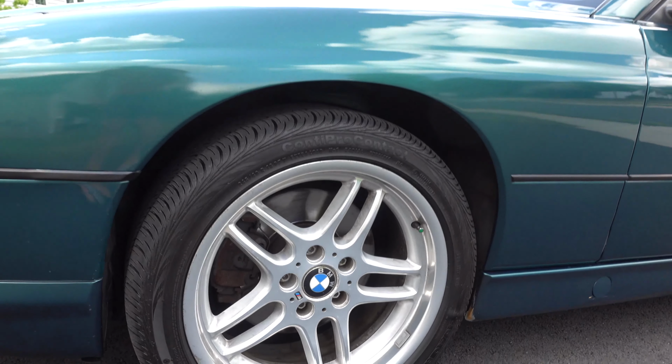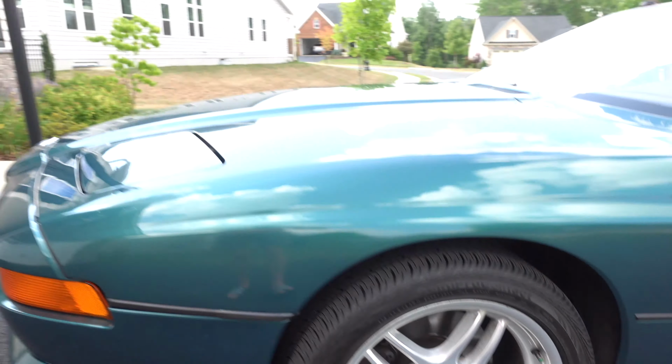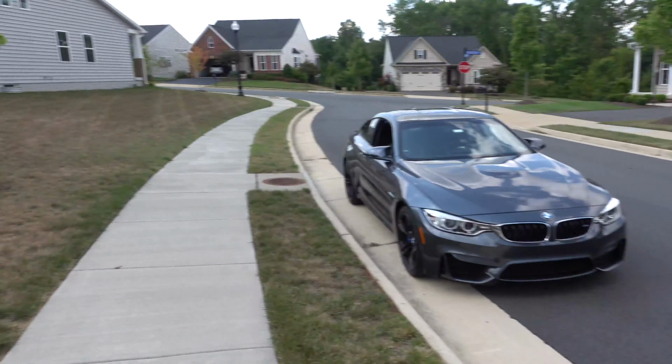The Michelin, there's Contis in the front, and Michelins. I really like this car. I've always loved these, and man, what a neat ride. We were talking on the way up here